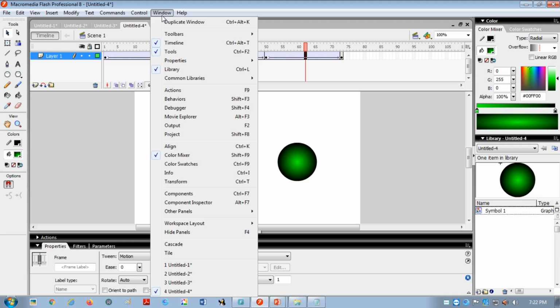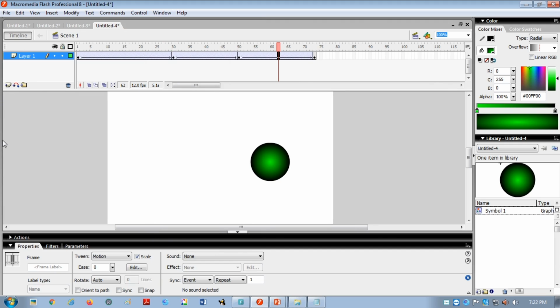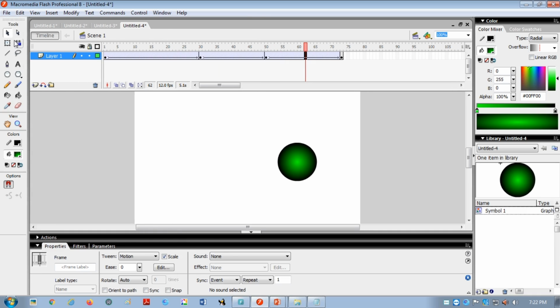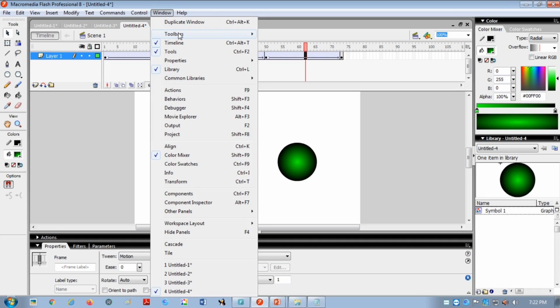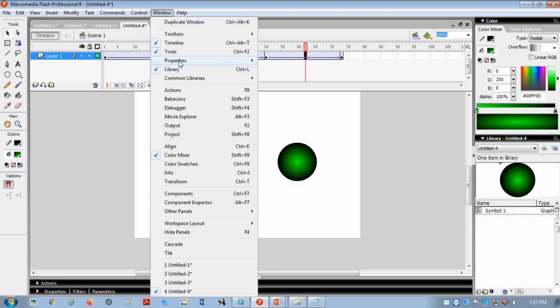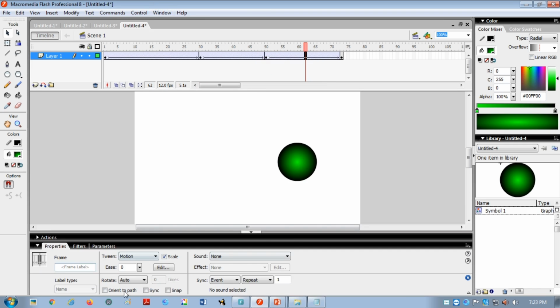हो सकता है आपका टूल्स नहीं है ना, तो ये टूल्स को देखो मेरा ऑफ हो गया. अब यहाँ पे मेरे पास टूल्स नहीं है. So what you have to do, you have to go to the Window, then again click on the Tools, तो आपका टूल्स फिर से आ जाएगा. And similarly this Properties also, sometimes maybe this tween animation you will not get, so you have to go to the Window option, then tick this Properties. हो सकता है ये आपका ऑफ हो, तो ये आपको ऑफ मिलेगा. Again go to the Window, then Properties. Again it will come.